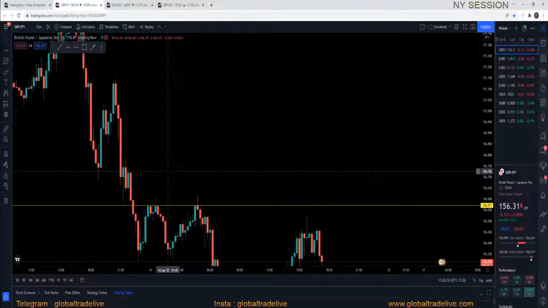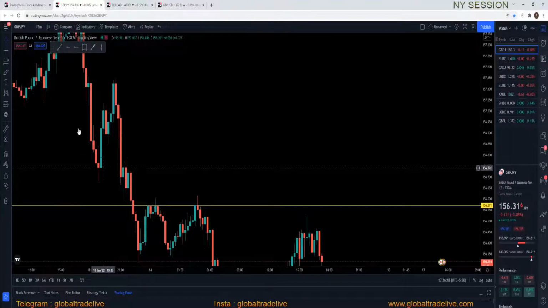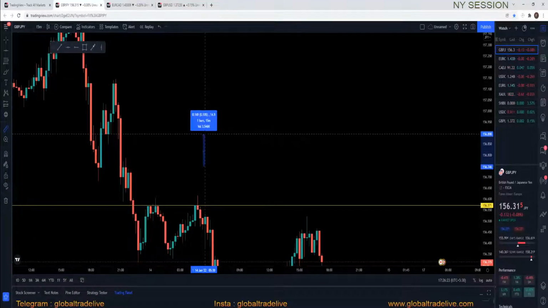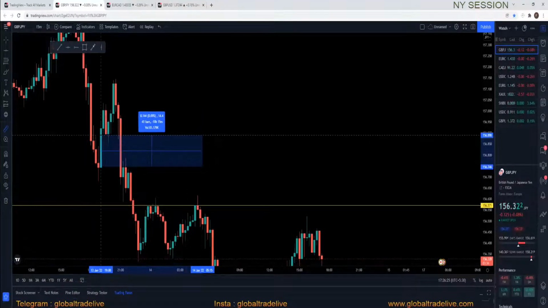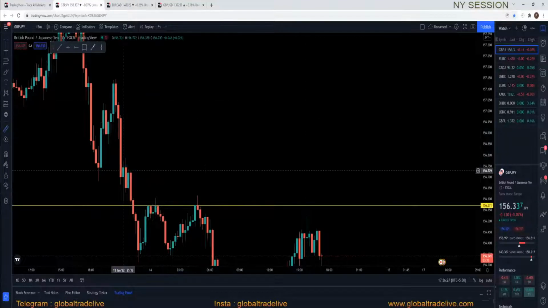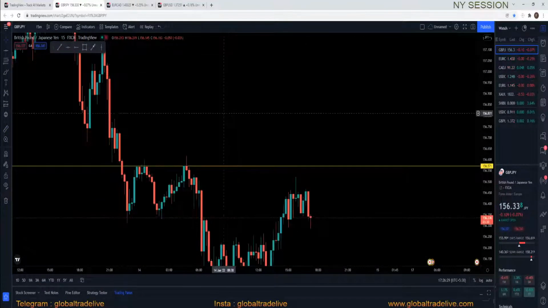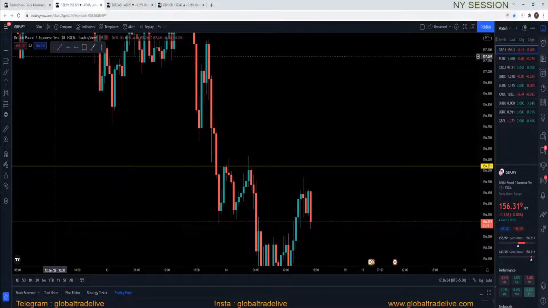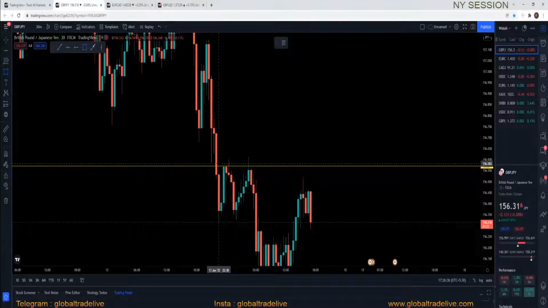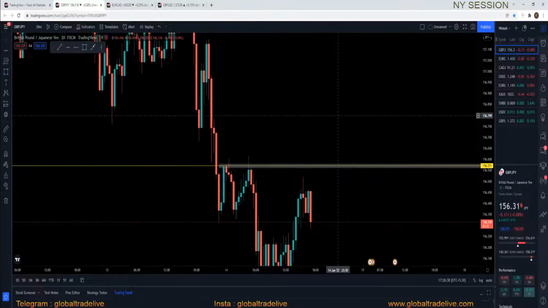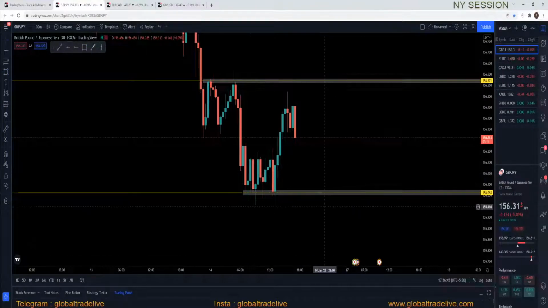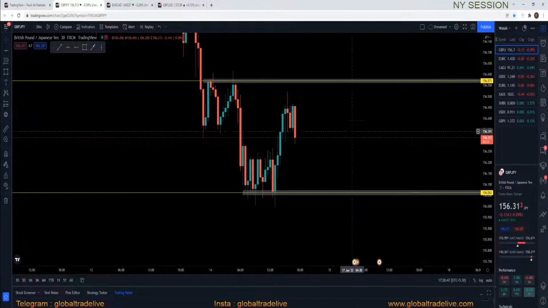If I will be failing to get this move over here, then I'm gonna wait for a candle to close above this level, and we have a better range over here, like 14 pips till this area, and then we have 23 pips till this candle formation. So yes, I'm gonna wait over here. Above this area, I'm gonna look for buys, and below this area, I'm gonna look for sells. This is a no trading zone for me.